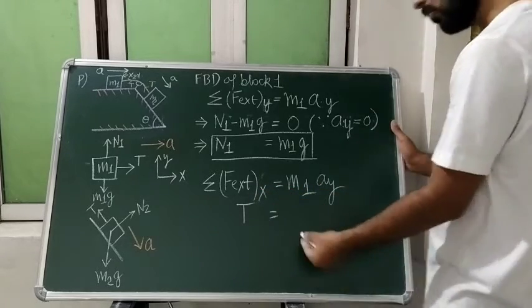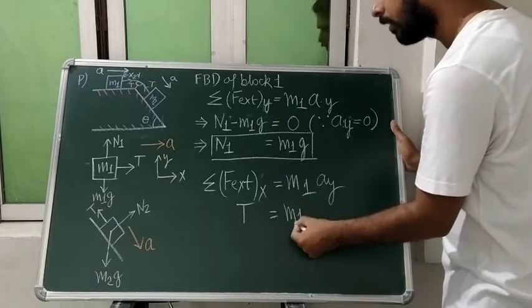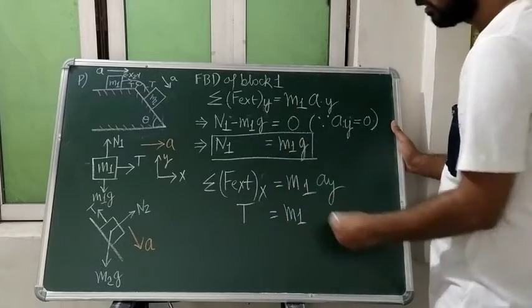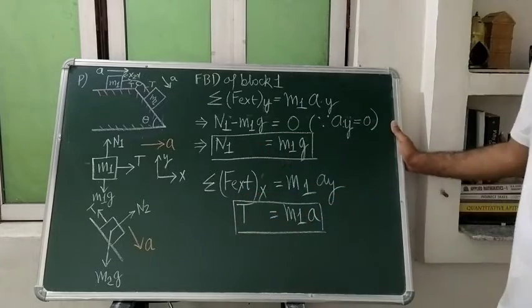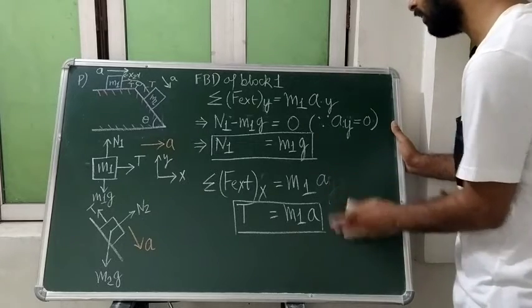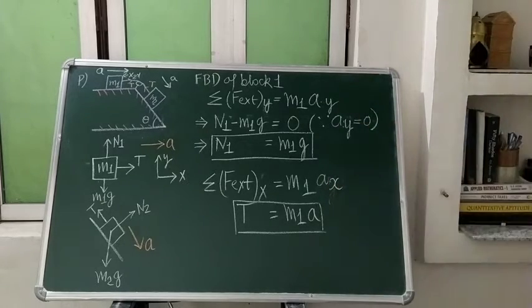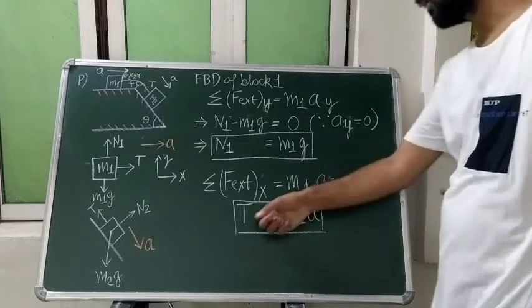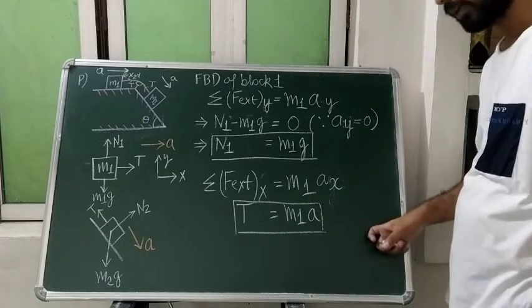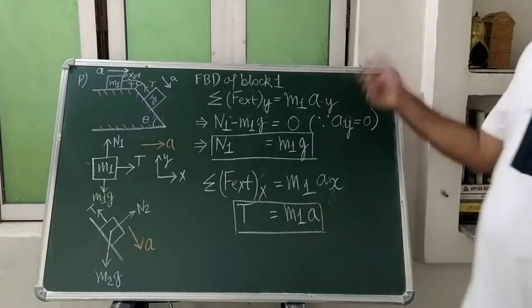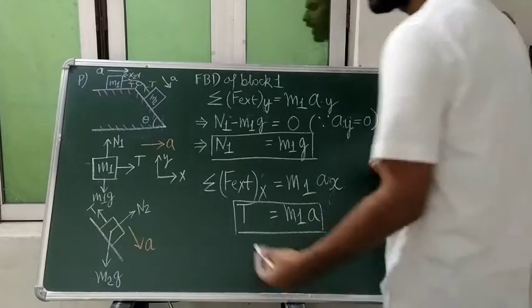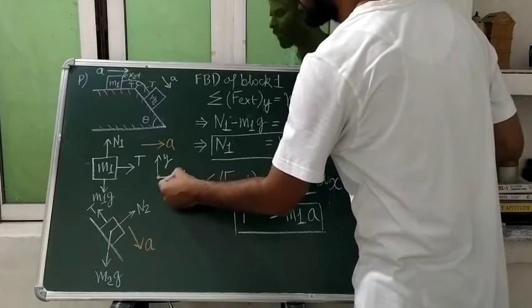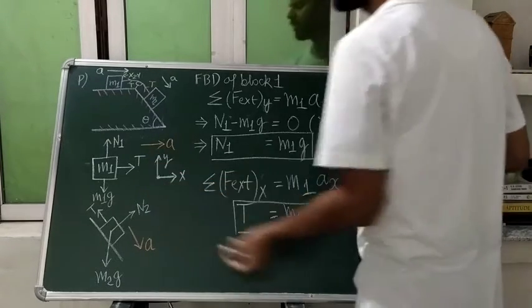Okay, so T1 will come out what? Mass m1, acceleration in y direction is present, that is equal to A, not y, x direction. Okay, I'm sorry, here it will be x. So T should be equal to what? m1 A. Once again I am recapitulating: when we are drawing the free body diagram of block 1, and we are saying that our coordinate is something like this, this is the x axis, this one is our y axis we have chosen.